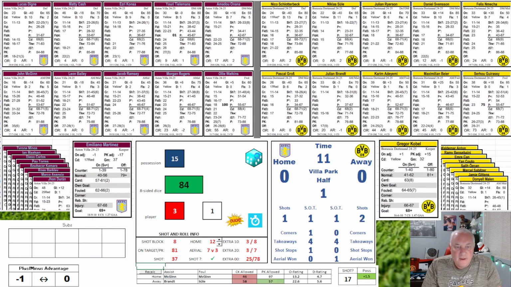34 is going to be Villa's ball. 247P, 286P, 775. Taken away by Brandt with a possible shot against a 7. It's on target but saved. So Dortmund definitely the more aggressive out of the gate. 31 is going to be Villa's ball. 362P, 981P, 871. That is a P.